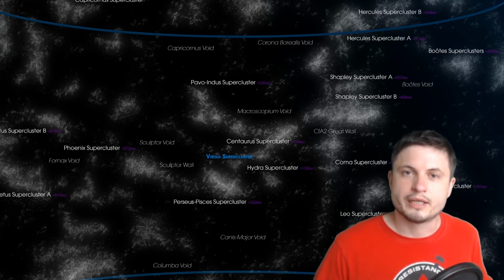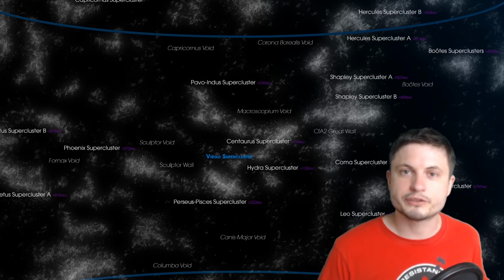We have to zoom out a little bit more to start seeing other superclusters and other really large objects. And so this is the scale where we've discovered a new object. And this one is about 3 times bigger than Laniakea that I just showed you. This so-called South Pole Wall was originally thought to be much smaller, but we've recently discovered that it's a lot bigger than scientists believed. It's about 1.4 billion light years in length, making this one of the biggest objects we've ever found. And in case you were curious, the biggest object is roughly 5 times bigger than the South Pole Wall and is known as the Hercules